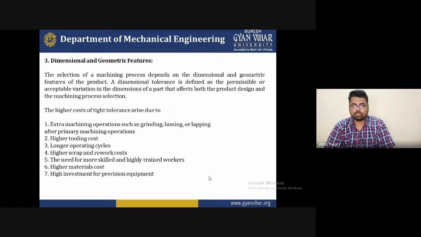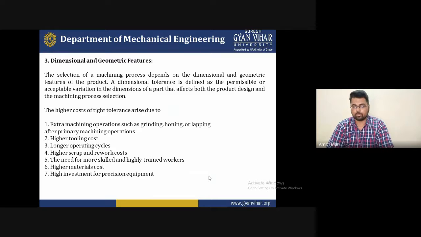Third one is the dimension and geometric features. We can say the selection of the machining process depends on the dimensions and the geometric features of the product. A dimensional tolerance is defined as the permissible, acceptable variation in the dimension of a part that affects both product design and machining process selection. The very high cost of tighter tolerance arises due to some factors. Following points: first is the extra machining process such as grinding, honing, or lapping after the